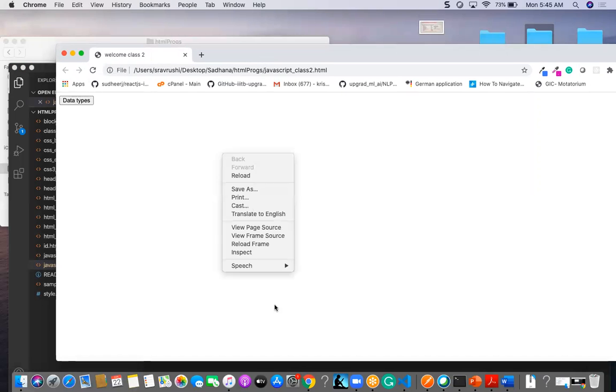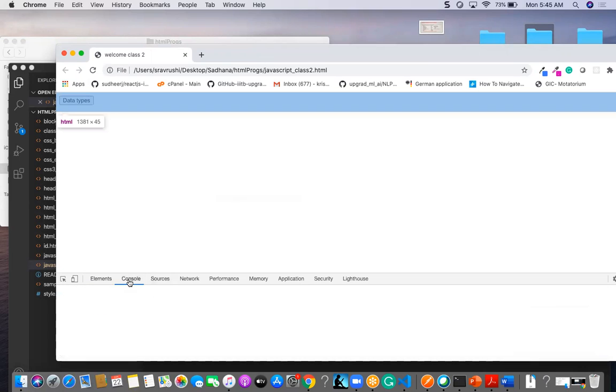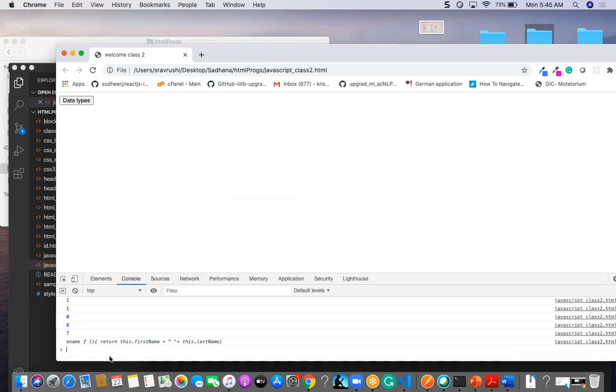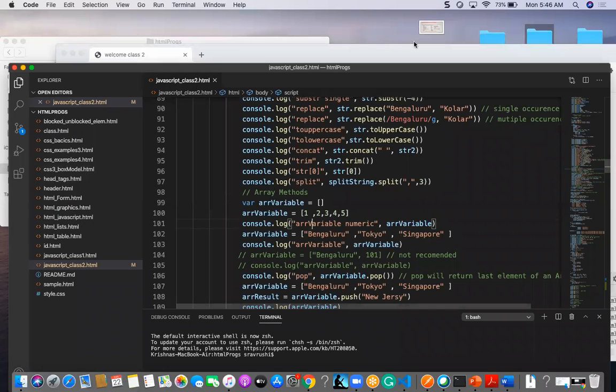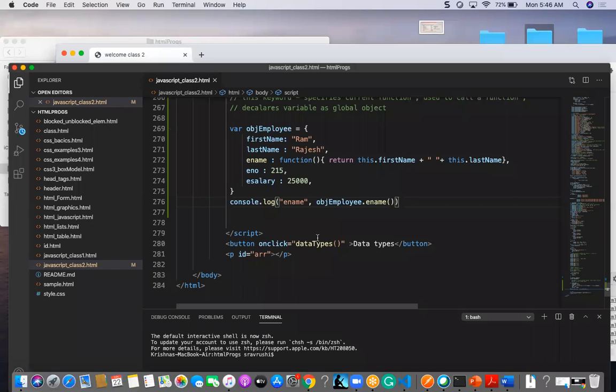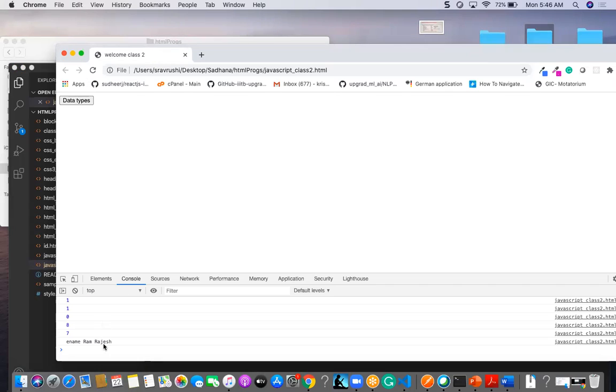Now I will be finding the value, but it is not written yet. 1 second. I have to mention this name as ename as a full function, then only I will get the ename here.